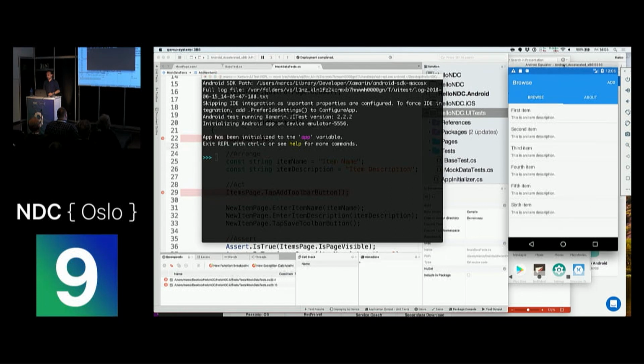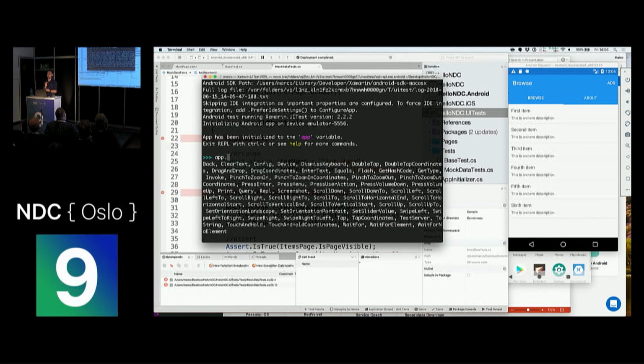And this is something that is right now inside of an emulator. And this emulator is actually attached, this is inside of a terminal, and the terminal is actually attached to the emulator. And what I can do now is access the app through the app variable. So I can do app dot, and there's a lot of functions that I can do, for example, you can see here scroll to, or query or print. All those kind of methods I can execute inside of the application, and that allows me as a programmer to actually execute code inside of the app.